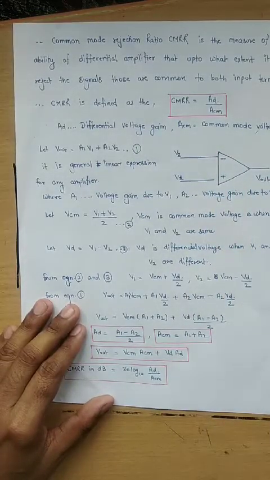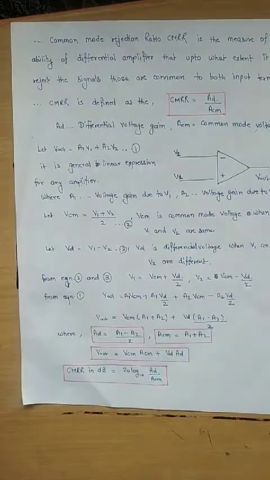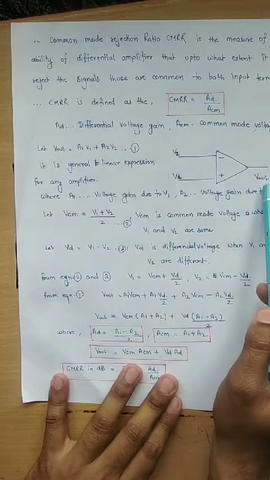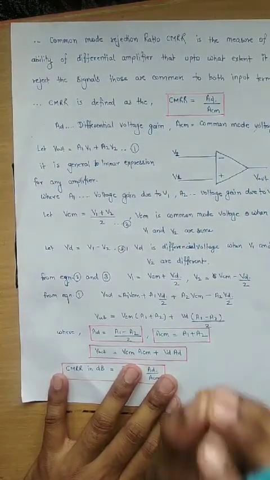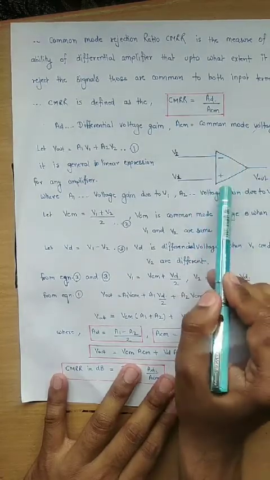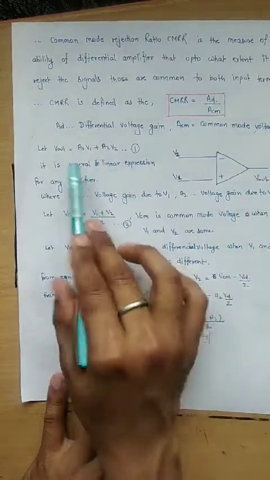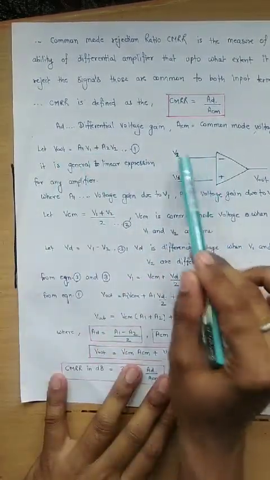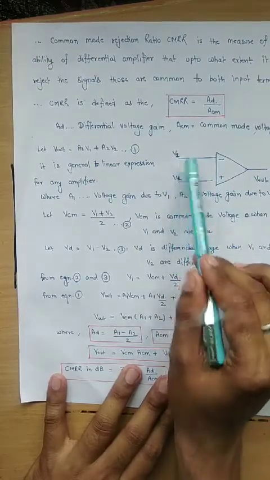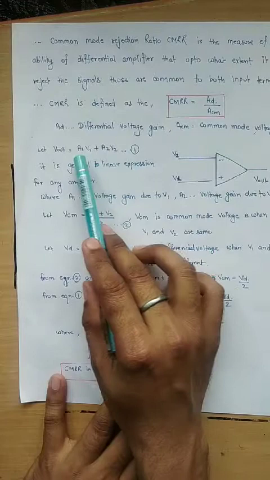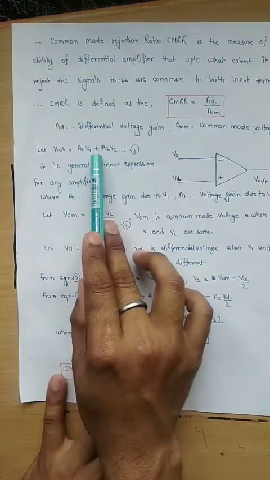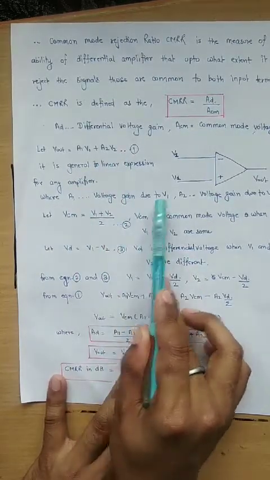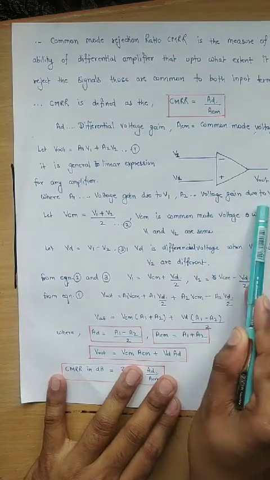What are these? So first find out generally, if we have a device, there are two inputs V1 and V2. There is one output. So when I say this is a device having a gain, it can be generalized in this form. What is that form? V out is equal to summation of these two inputs multiplied by individual gains. What are the individual gains? A1 and A2. So V out can be represented as A1 V1 plus A2 V2, where A1 is the voltage gain due to V1 and A2 is voltage gain due to V2.